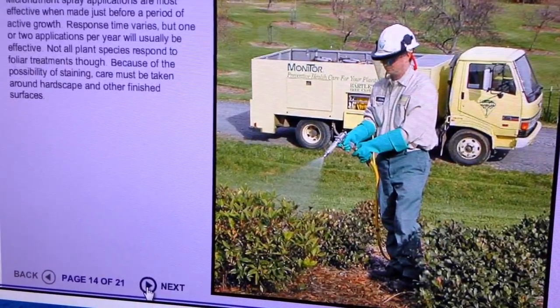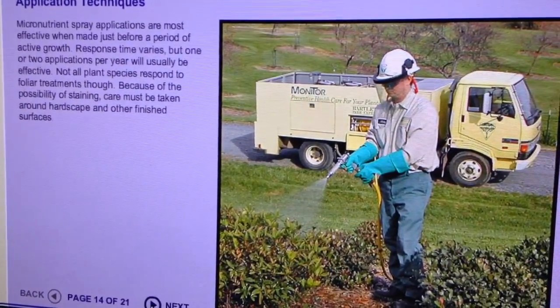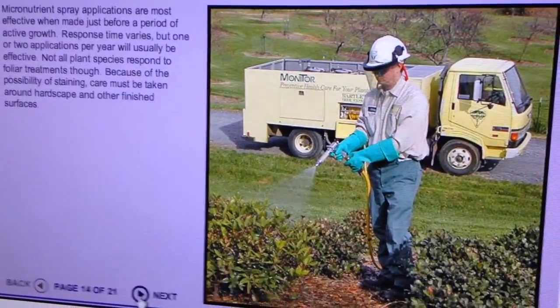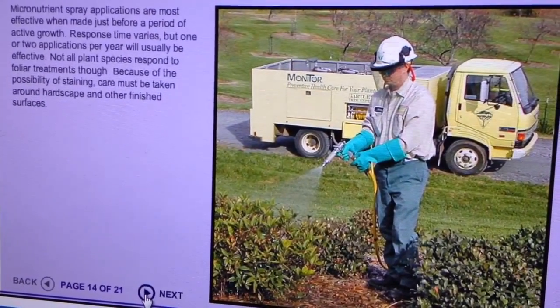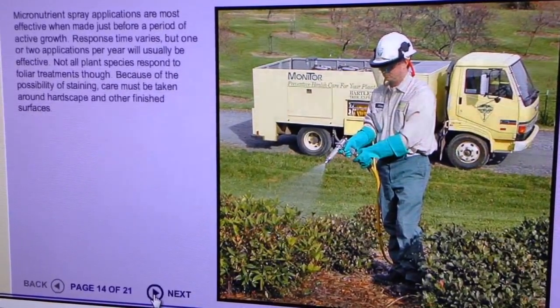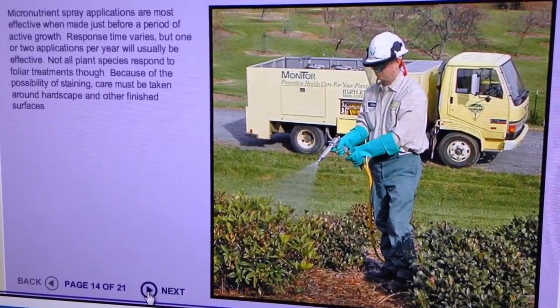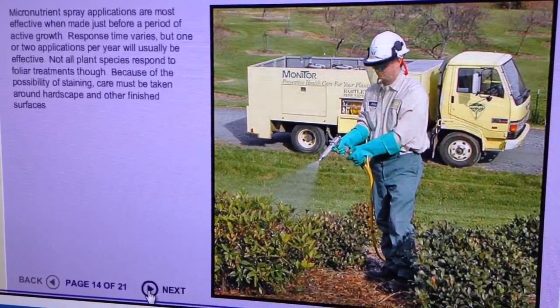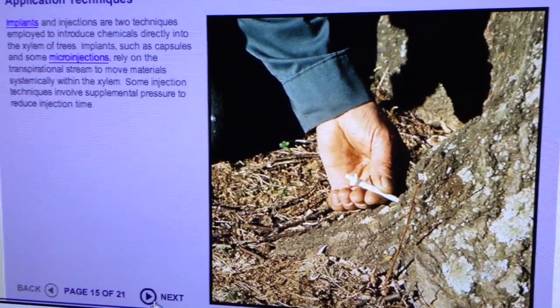Micronutrient spray applications are most effective when made just before a period of active growth. Response time varies, but 1 or 2 applications per year will usually be effective. Not all plant species respond to foliar treatments, though. Because of the possibility of staining, care must be taken around hardscape and other finished surfaces. Implants and injections are two techniques